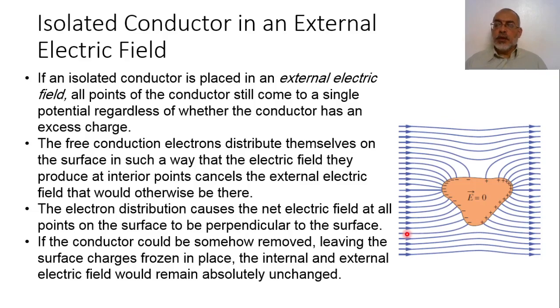In this case, the electric field inside the conductor will remain zero, such that the free electrons inside the conductor will move around the surface of the conductor to introduce negative charge on one side and positive charge on the other side, such that the total charge will remain constant. Assuming that I started with a conductor with no charge, the total charge in the conductor will be zero. If I started with a conductor with a certain charge on it,